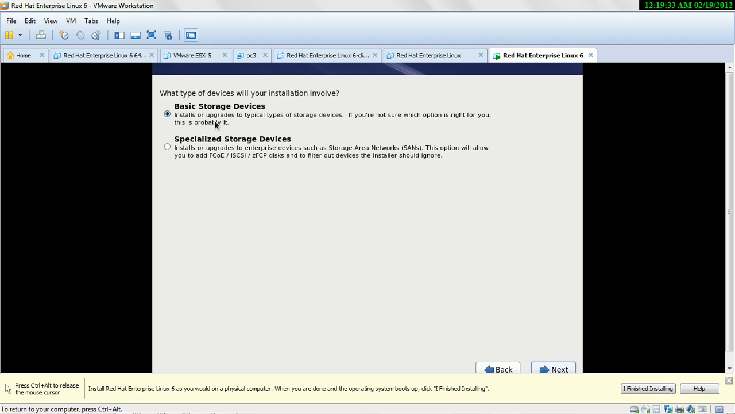What type of device will your installation involve? Normally one is basic storage device, another is specialized storage device. Basic storage device means in your computer you use either a SATA hard drive or an IDE hard drive. If you use a SAN device, iSCSI device, or any kind of such storage, then you select the specialized storage device. But right now in my computer I use an IDE controller or SATA controller, so by default select the basic storage device option. Now next,